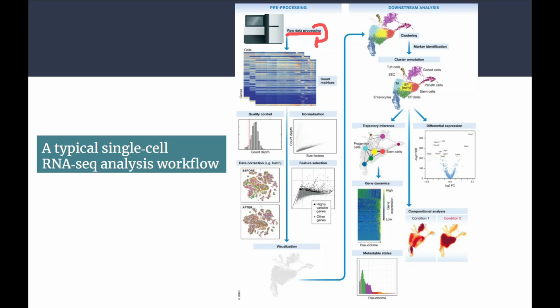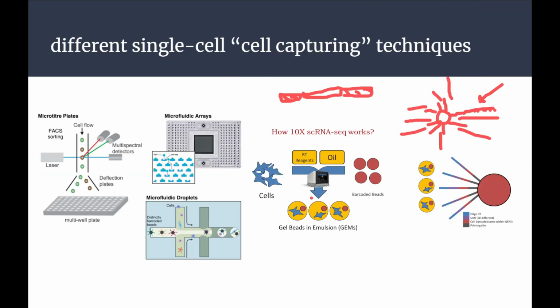Also at the cell level, because every time you create a bubble, it's not the case that you capture exactly one cell. Sometimes there will be a bubble, or you can say droplet, where you have the beads and other information but the cell is missing. Sometimes you will have a droplet with more than one cell. This is the case of a doublet, where two cells are captured. So this is not giving you the single cell expression profile.